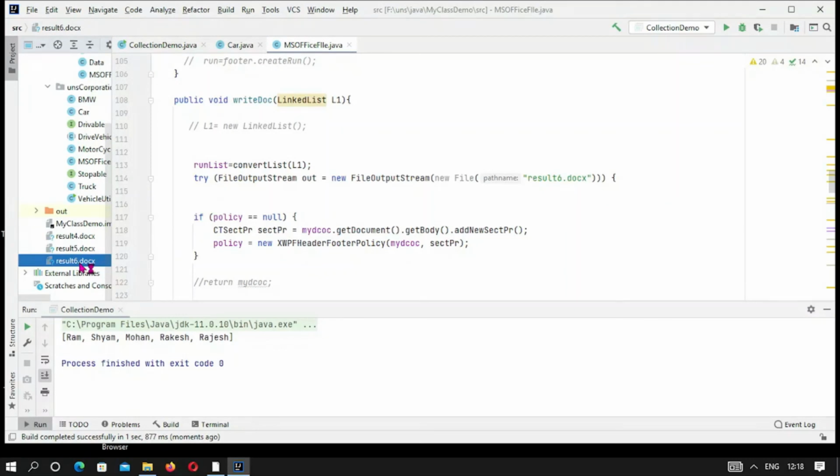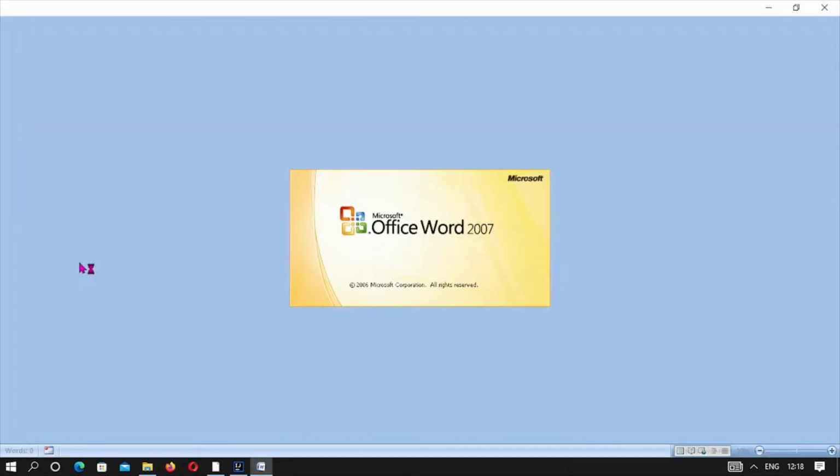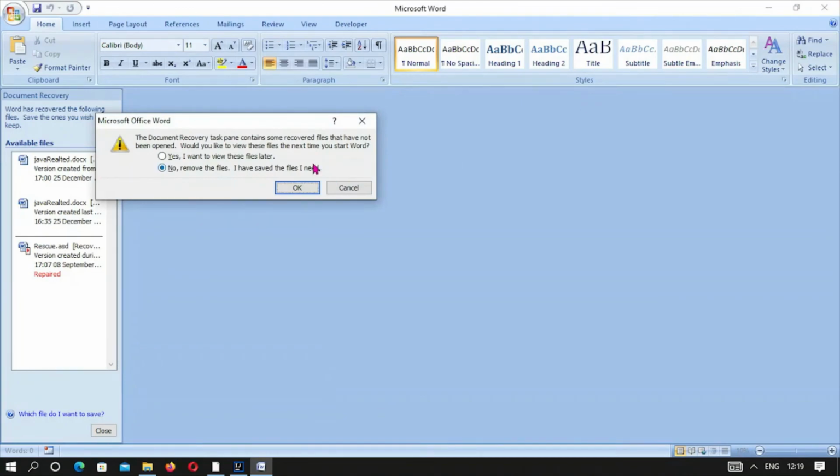So let me see whether the output of the required car object linked list is coming in doc format. Okay, so you can see this is the channel in Java collection we are studying here. This is a header we have given, and this is all the objects of the linked list we have given, and this is now printable in doc format. Okay, so let me close it.